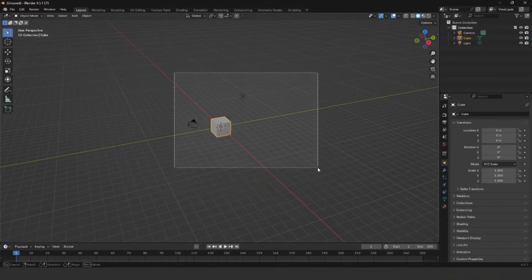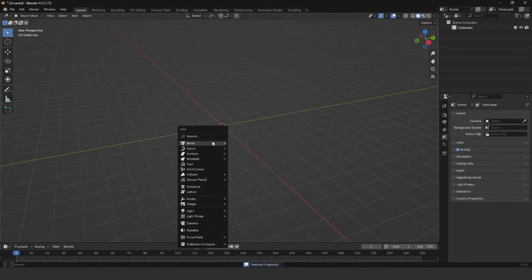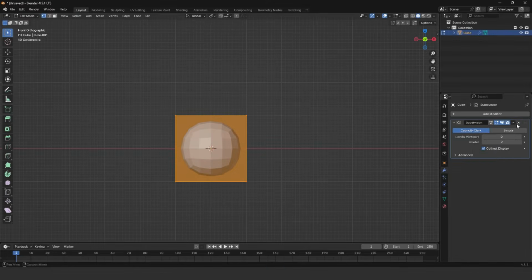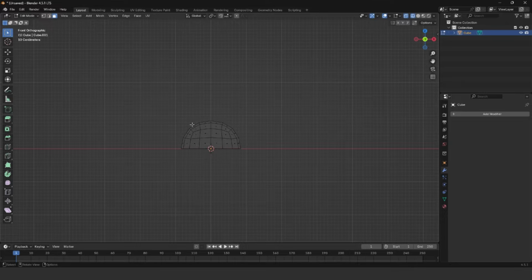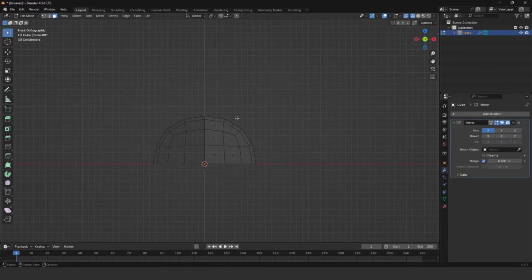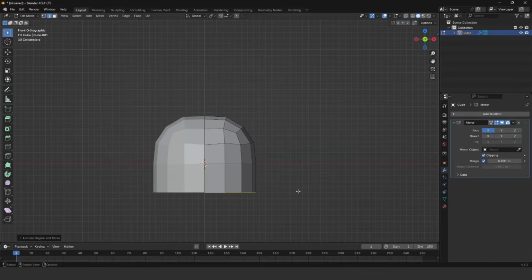So like any sane person, I start by deleting the default cube and then adding a new one. I made it round with a subdivision modifier. I cut it in half horizontally and then vertically, so I can add a mirror modifier. That way everything I do is nice and symmetrical. With all that set up, I move on to extruding and moving faces around to get the desired shape of